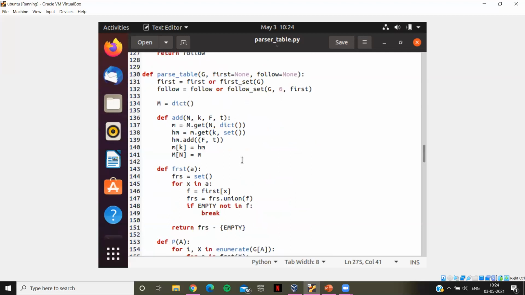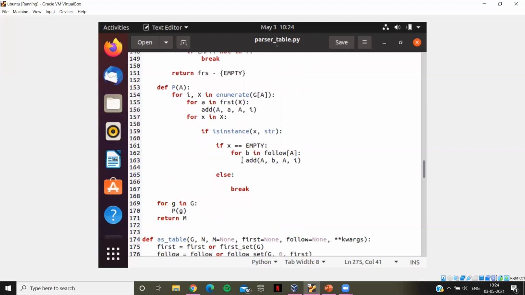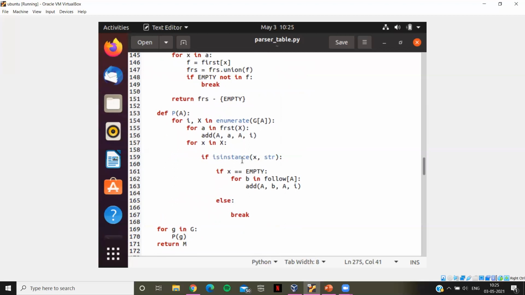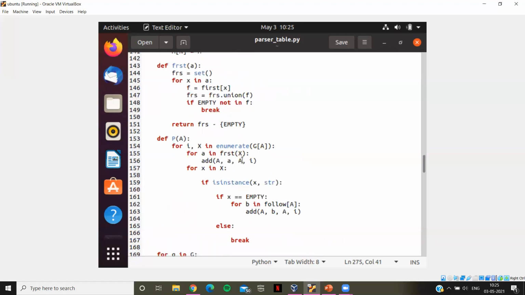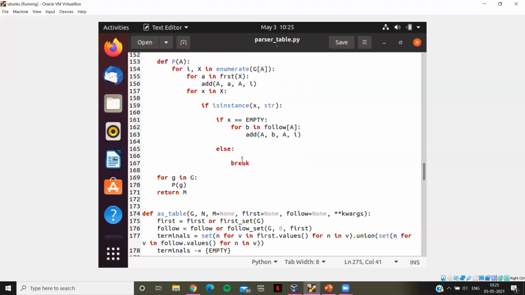So here we have the parse table, which basically generates the parse table, and in this function we have first and follow. We give non-terminals, and non-terminals are the number of rows and symbols are the number of columns. And can you go down a little, Sahana? So in this function we use the tabulate package, which helps to display our parse table, and this is the syntax for the parse tabulate. And for any non-terminals, we print the data. And now we go into the demo of the project.